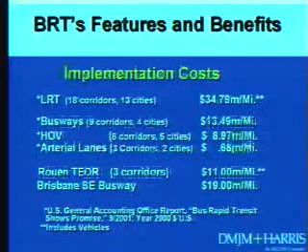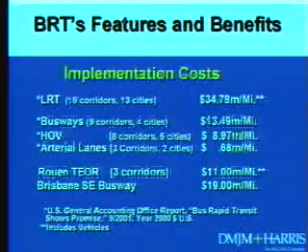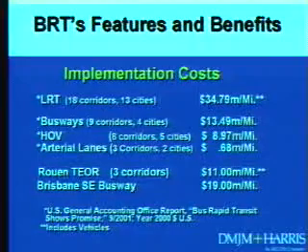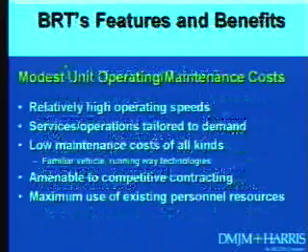But like I said, the Brisbane Southeast Busway, 19 million a mile, that's pretty cheap in terms of rapid transit. But if you had a tunnel through downtown Brisbane and it was like Metro's tunnel, it would be $1 billion. So you can see how a little change like that could radically affect how much it costs per mile. So I'm not going to dwell on these, but I just want to show you what people have done.